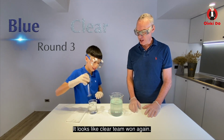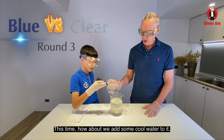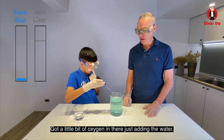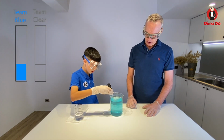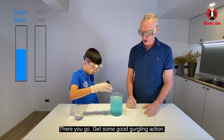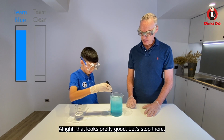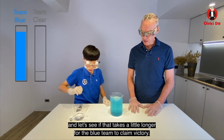It looks like clear team won again, but this time, how about we add some cool water to it? Okay, got a little bit of oxygen in there, just adding the water. So go ahead and blend it back to blue. There we go, get some good gurgling action. That'll get a lot of oxygen in. All right, that looks pretty good. Let's stop there, turn off the blender, and let's see if that takes a little bit longer for the blue